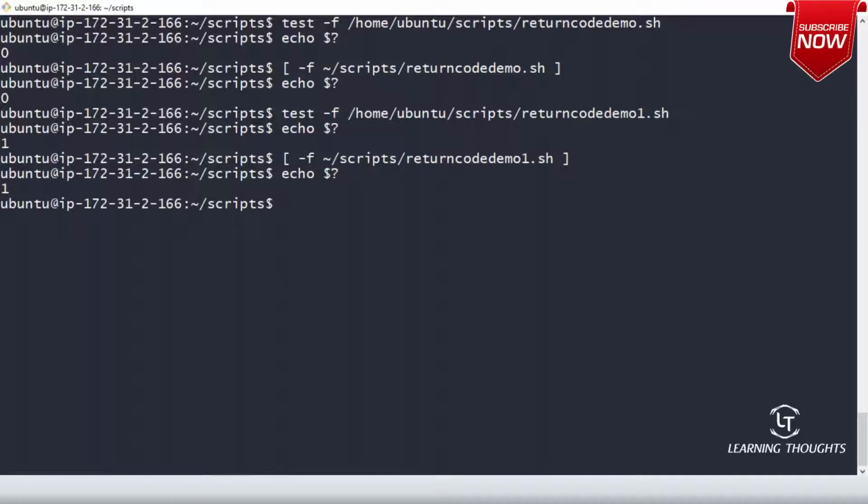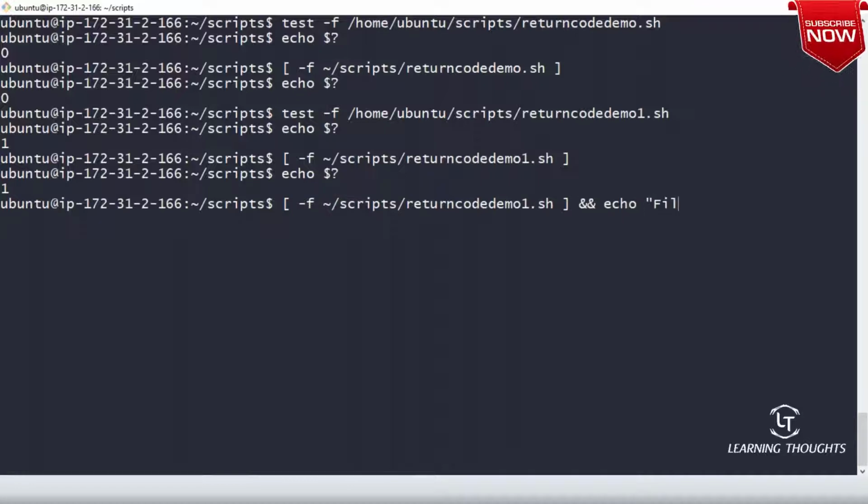So I can extend this discussion by trying echo file exists, or echo file does not exist.